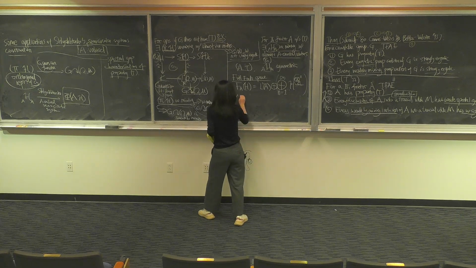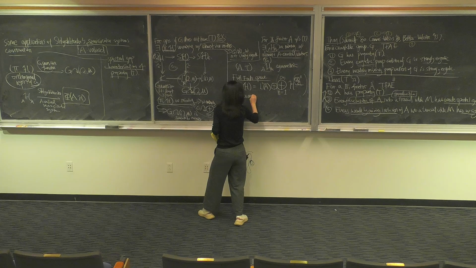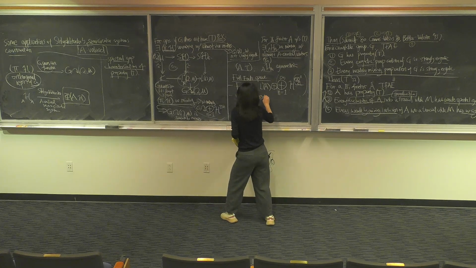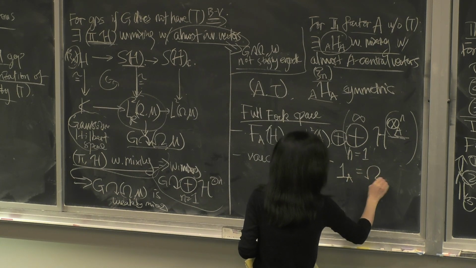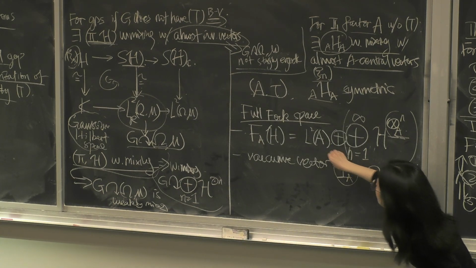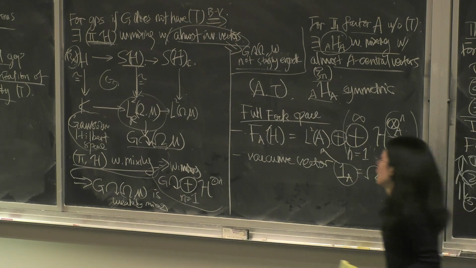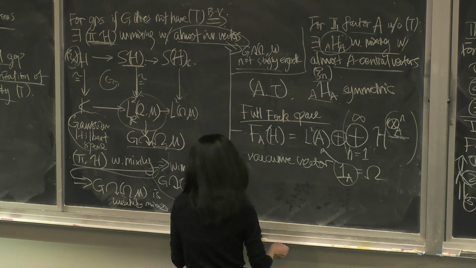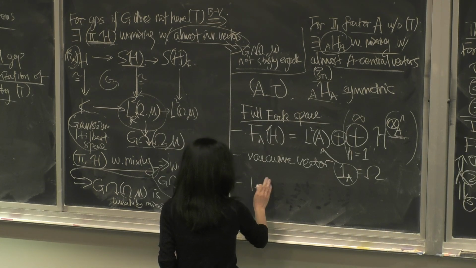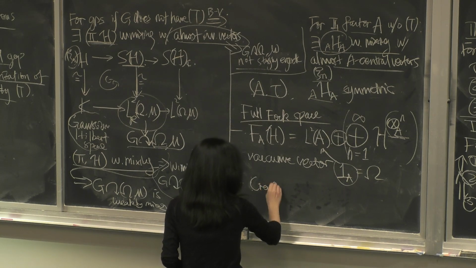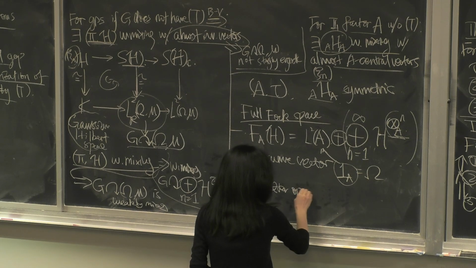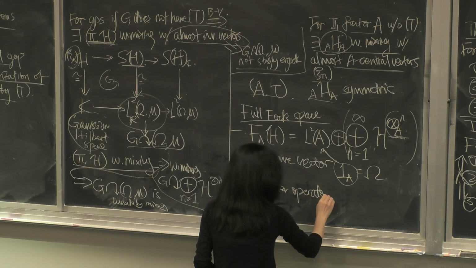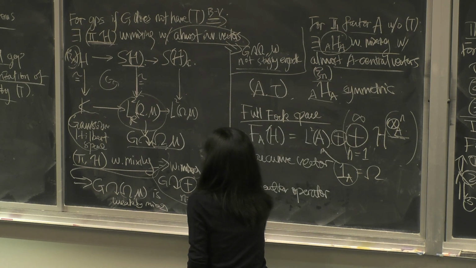So the vacuum vector here is just the unit of A inside this thing. And then we also have creation operator and annihilation operator. And we are just going to take